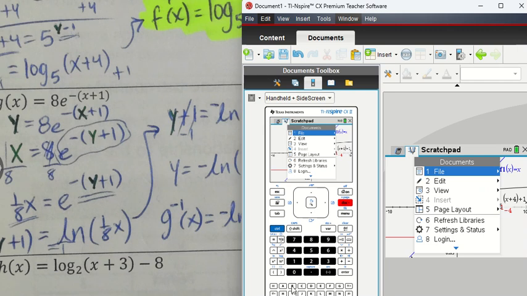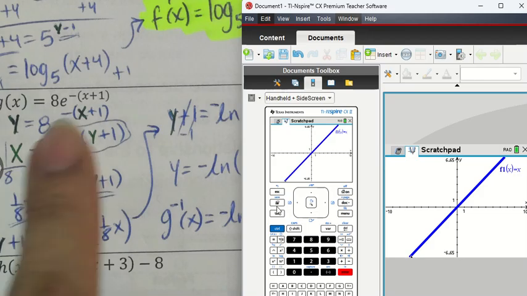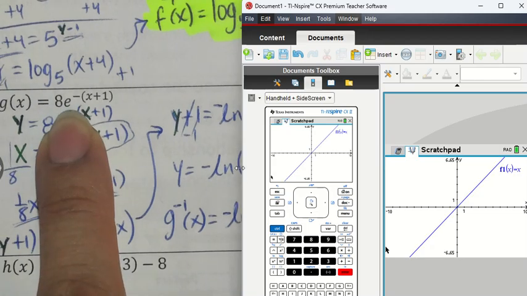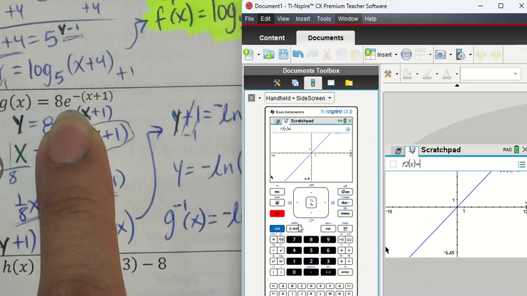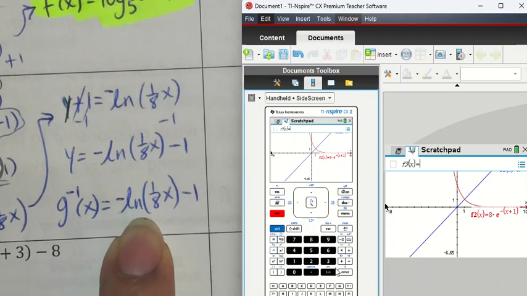So I'm going to clear it, type the line of reflection first, just so we can see that it perfectly matches that. Then we graph the original, which is 8e to the negative parentheses x plus 1, enter. And now we're going to graph the one we created, which is negative natural log of 1/8